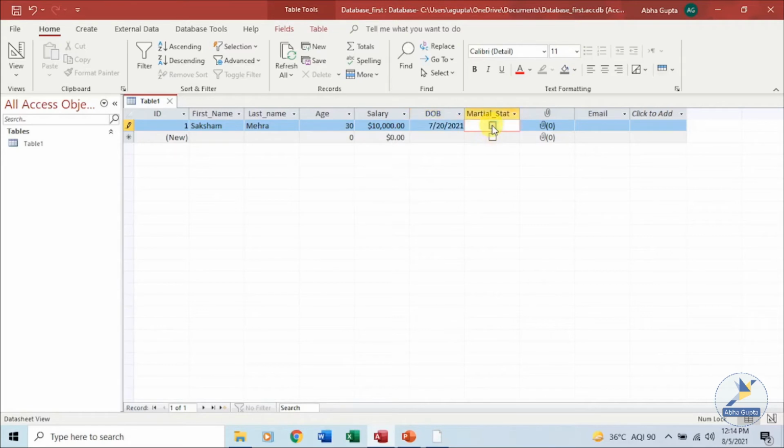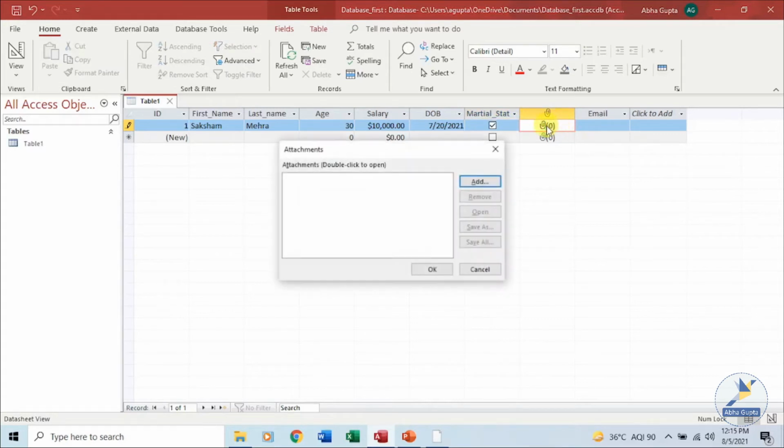You can check or uncheck this yes or no data type. If you want, you can click over here. It will open a dialog box for you and you can attach some file. Let's click on this. It will open the dialog box. It will ask you what attachment, if you have any attachments in this particular dialog box, you can select from here and click on OK. If not, you can always add.